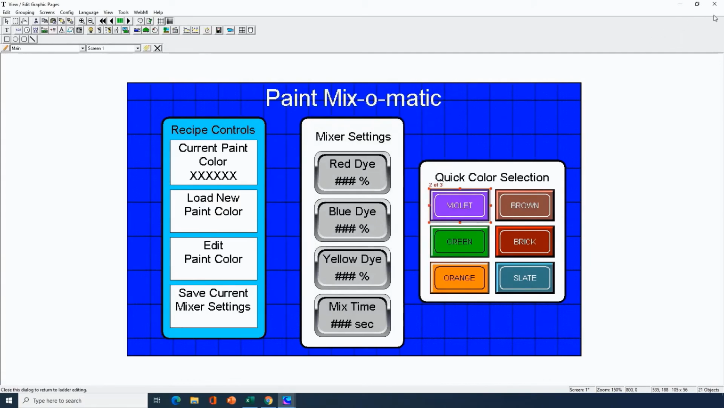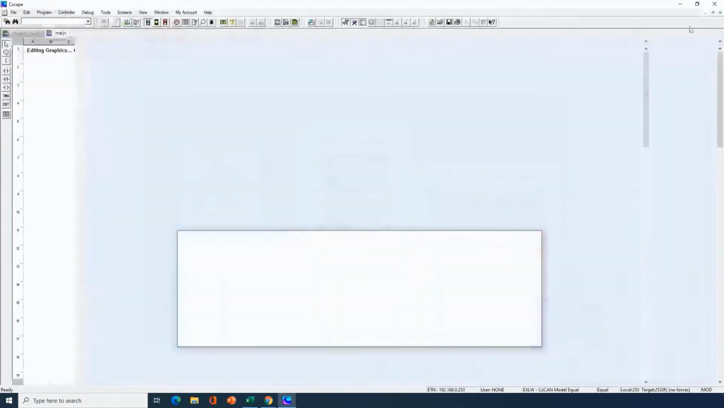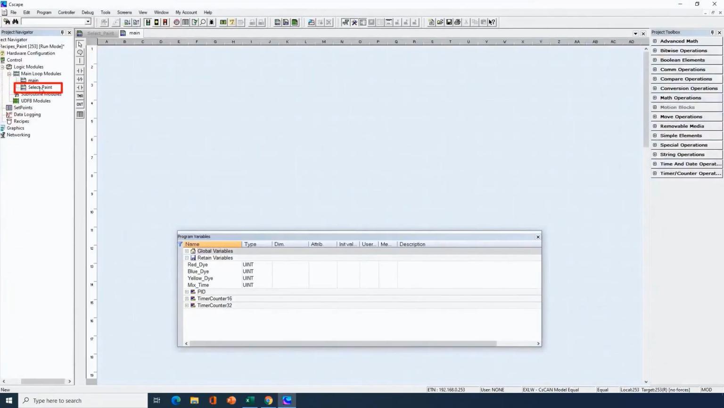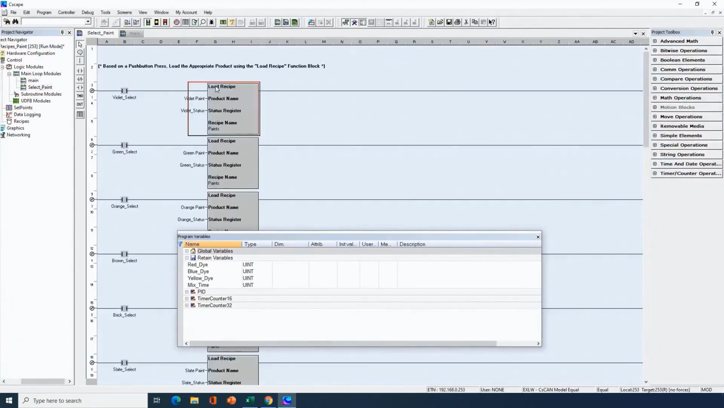So let's look at that in the logic. I'm going to exit the graphics editor here, and I'll go to my select paint logic routine. Here's the one for violet. This is the bit that turns on when I press the push button when I want to load the settings for violet paint. When that contact is on, the load recipe function block executes and it loads the product violet